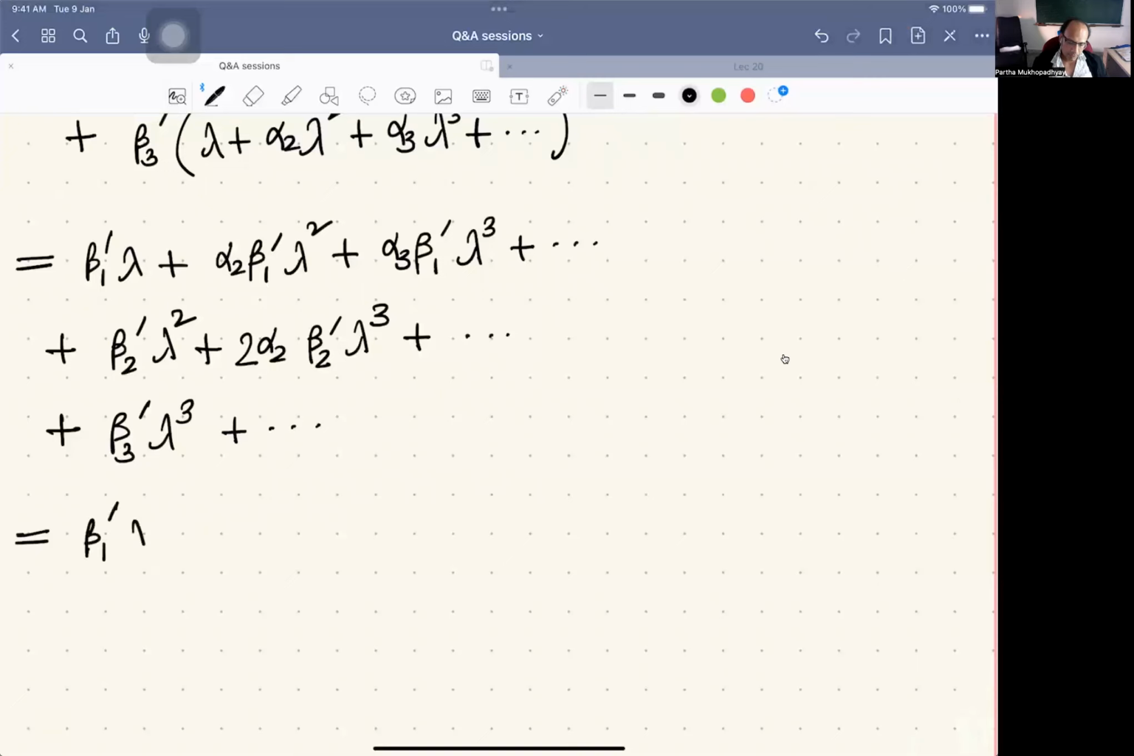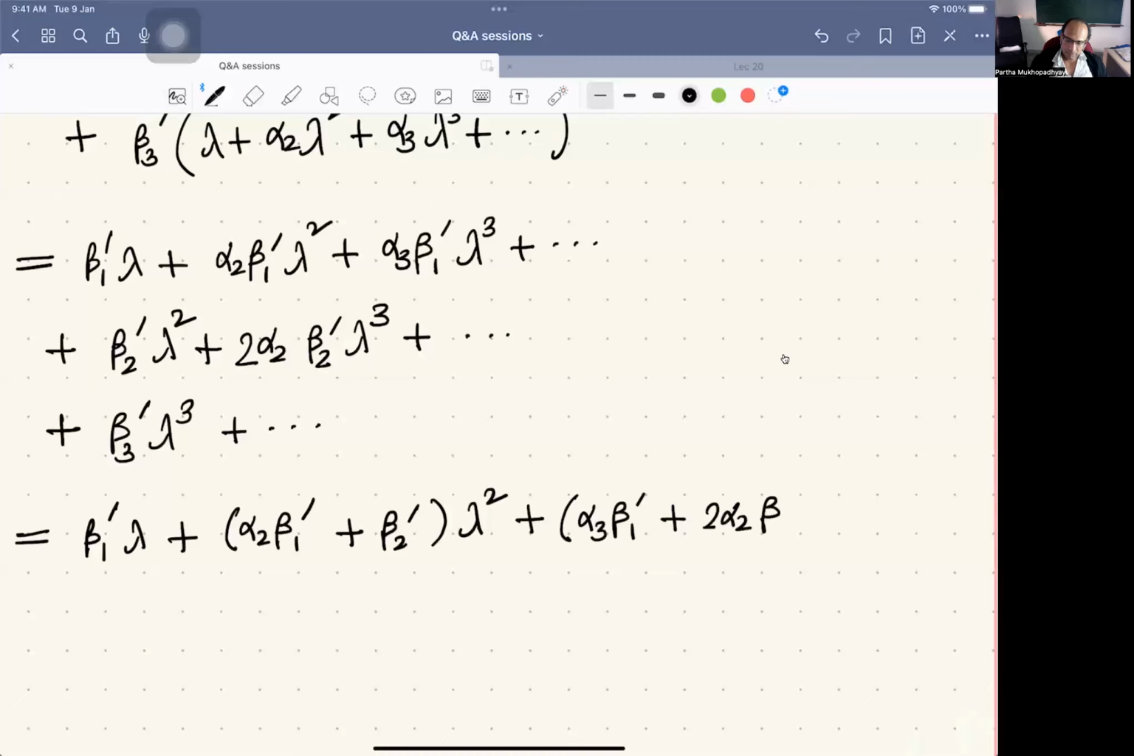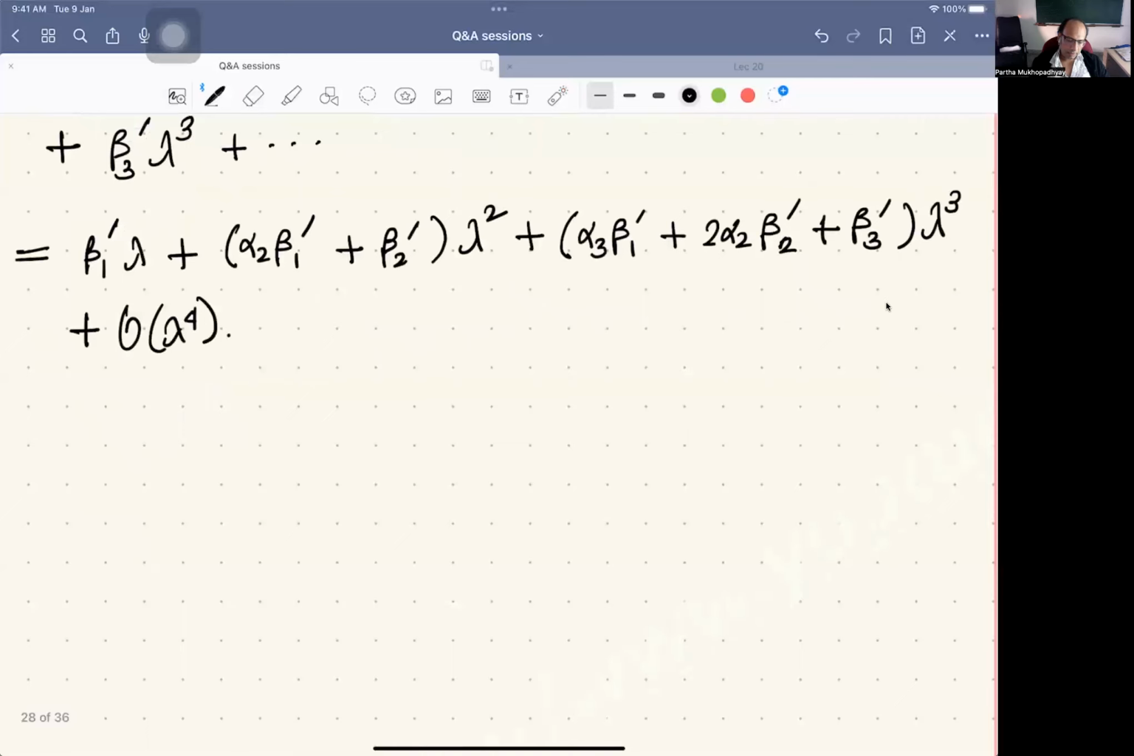Now the result is therefore beta 1 prime lambda plus alpha 2 beta 1 prime plus beta 2 prime times lambda square plus alpha 3 beta 1 prime plus 2 alpha 2 beta 2 prime plus beta 3 prime times lambda cube, plus order lambda to the power 4. Okay, this is one method, and then the other method